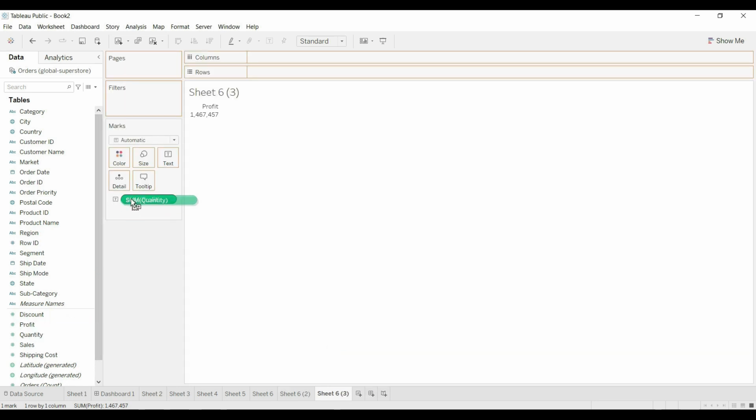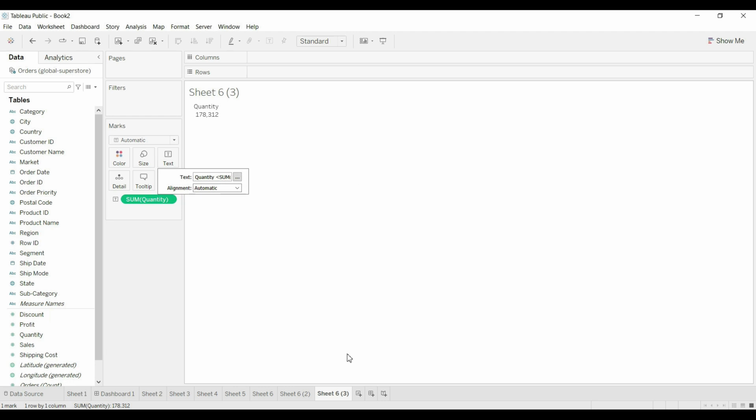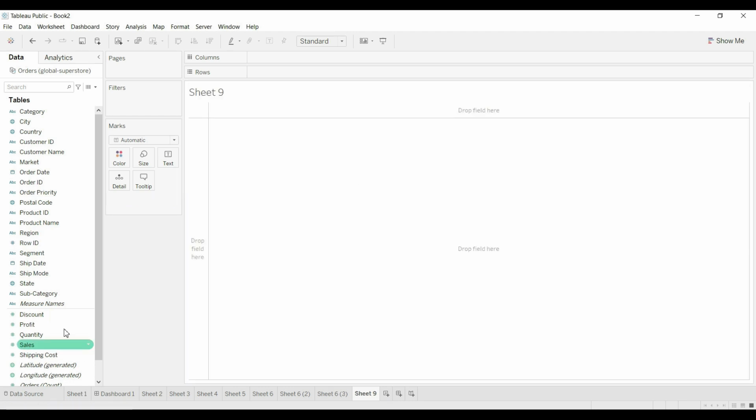In this we can use quantity. And in the fourth one we can use sales.